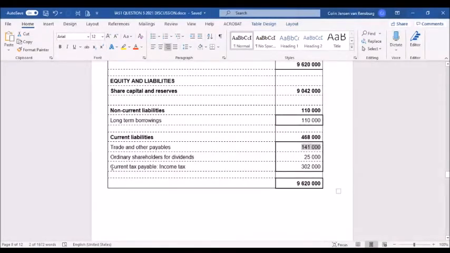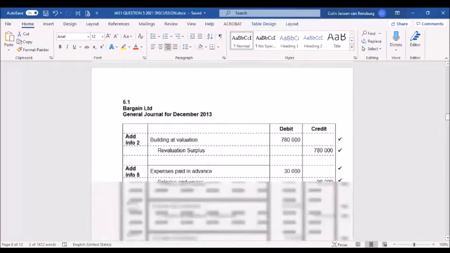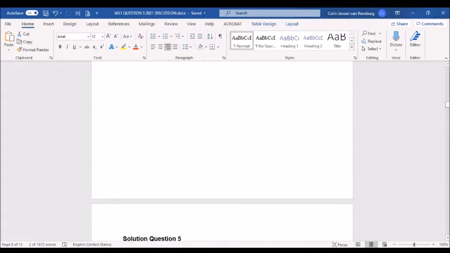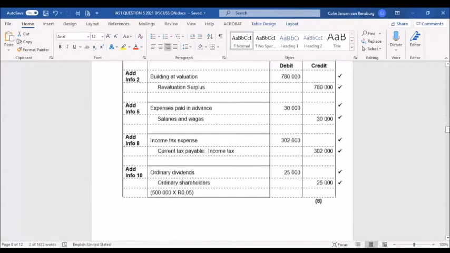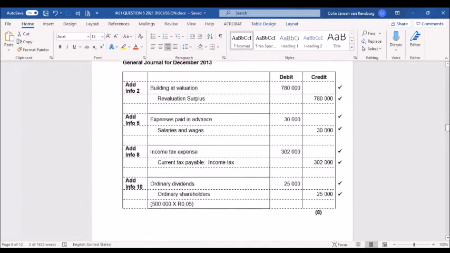So there we have it. We describe it exactly as such. Current tax payable, current to distinguish it from deferred tax, as we said the other day, income tax to distinguish it from perhaps value-added tax or employees tax, and there's the amount that we have raised. So let us not forget our journal entries. So let us go back to our next journal entry, the last one there, where we recorded the